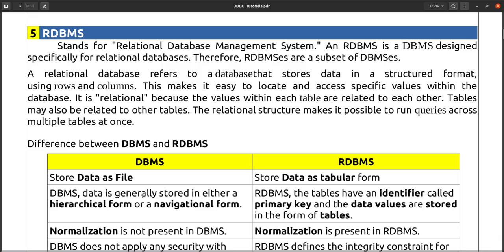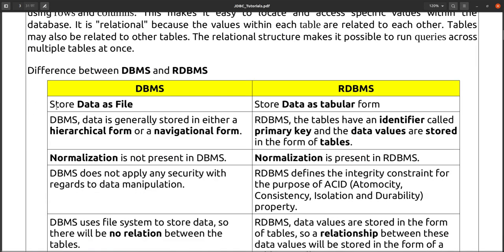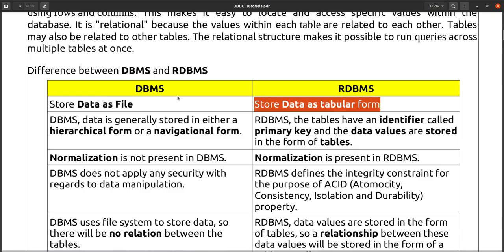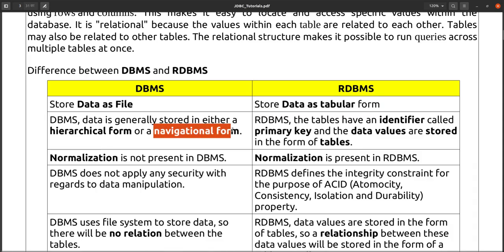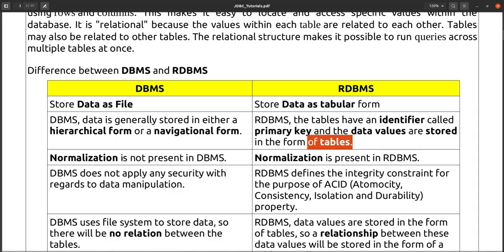So here are some differences we have given between DBMS and RDBMS. In DBMS, data will be stored as a file, but in RDBMS data will be stored in tabular form. In DBMS, data is generally stored in either hierarchical form or navigational form, but in RDBMS data will be stored as a primary key and data values stored in the form of tables.